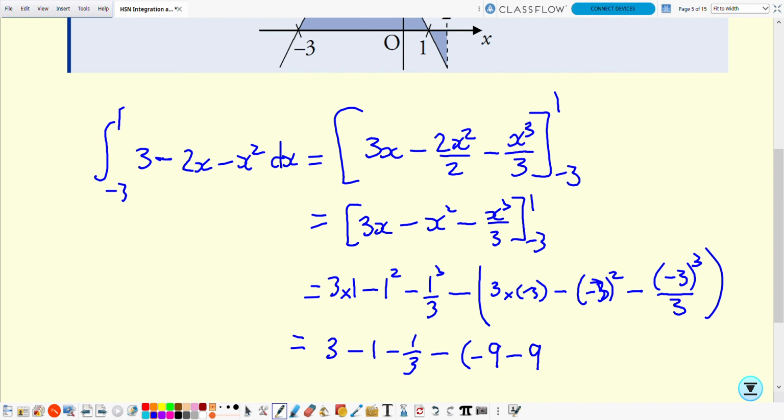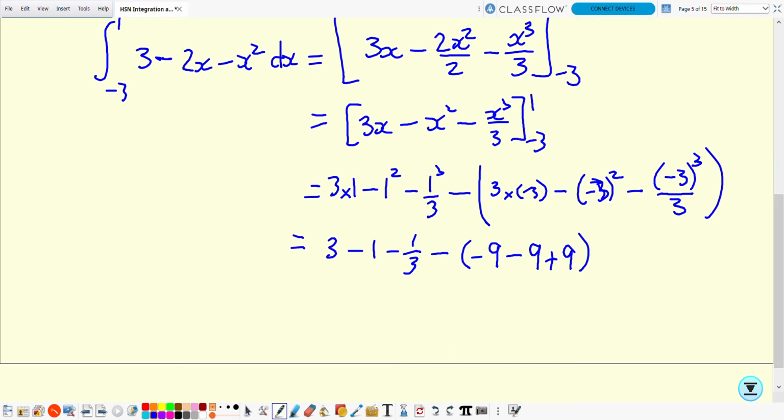So you'd have minus 9, which is the same as plus. So putting all of that together, you will have 3 minus 1 minus a third, and this bit in the brackets, you would have plus 9. And your final answer, if you tidy all of that up, is 10 and 2/3,